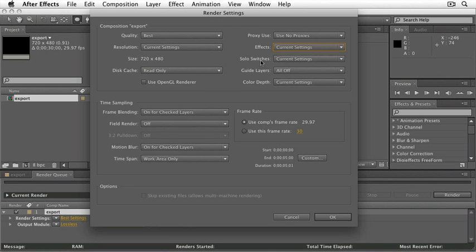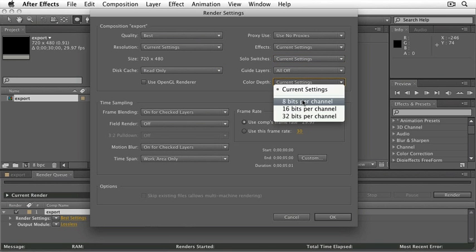You can also choose to ignore the solo switches or not. The same with the guide layers. Sometimes you don't want to see the guide layers. Actually, you hardly ever want to see the guide layers when you render your composition. The color depth you can change 8 bits per channel to 16 to 32, or you can just leave it